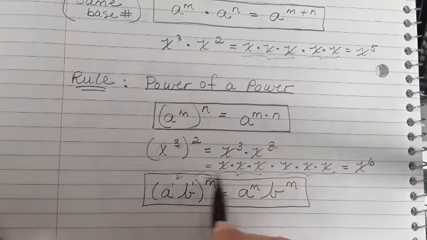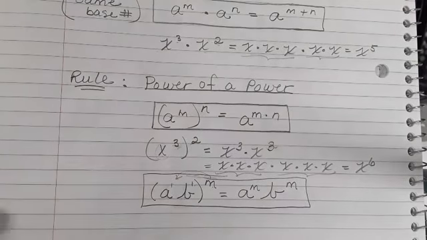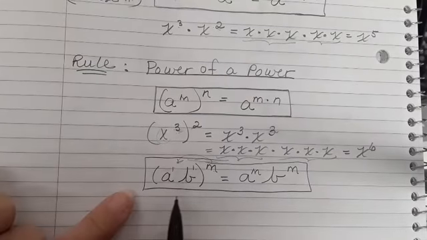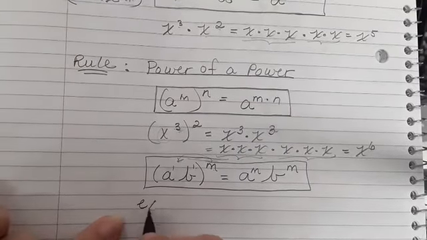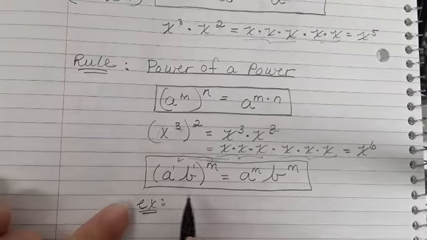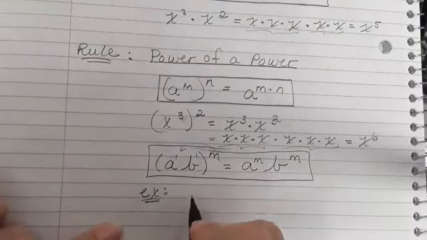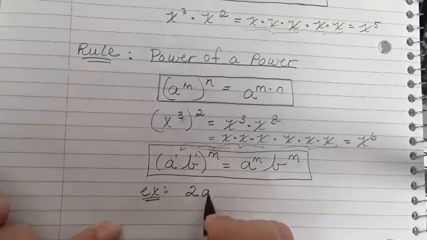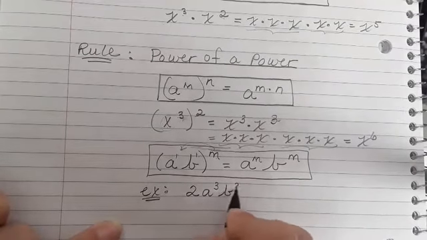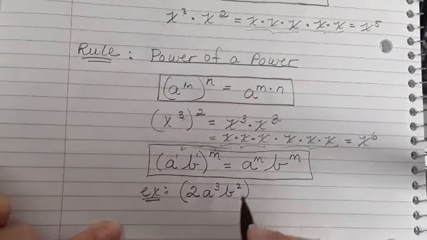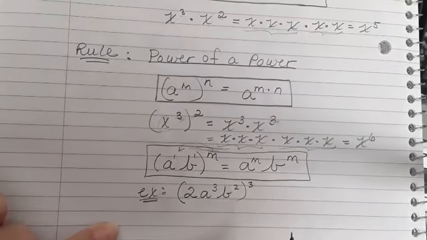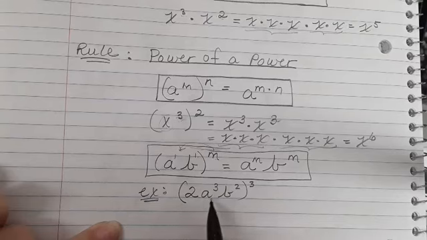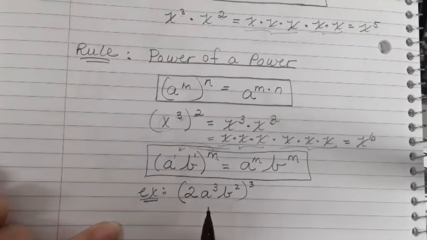So that just kind of extends this rule that we have up here. So an example like this here, this extension, let's say we had 2a to the third b squared, but I wanted to raise all that to the third power. So this exponent out here goes to all the powers you see inside, but what you need to remember